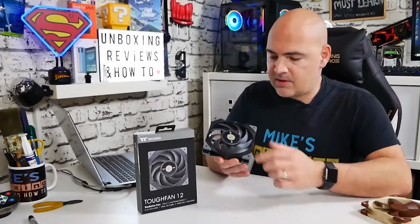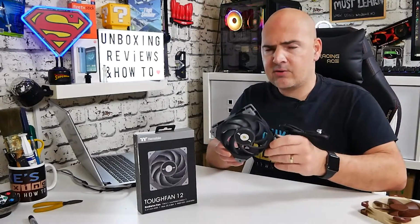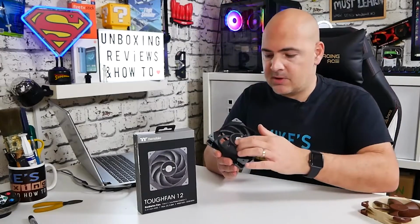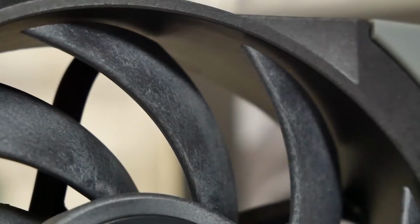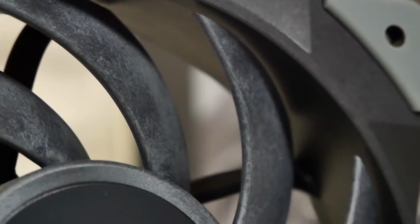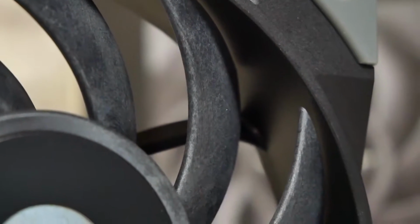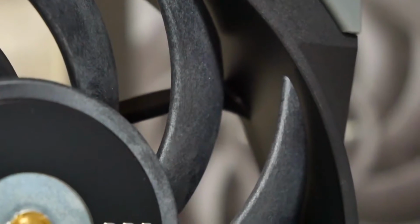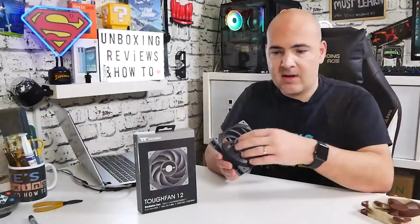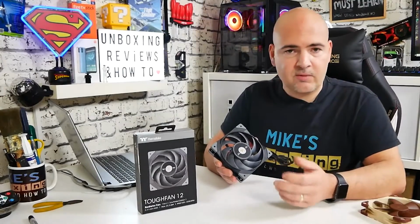So looking a little bit closer at the fan itself, very, very well built, and actually quite heavy as well, around about 180 grams, so it has a decent bit of weight to it. Also, we've got the new design on the fans. It's based on a new liquid polymer design, and they use this compound basically to minimize vibrations. It's got a very good tensile strength, so again, limited wobble factor. Essentially, the better quality tensile strength you can get in the fan and the fan blades, it stops them